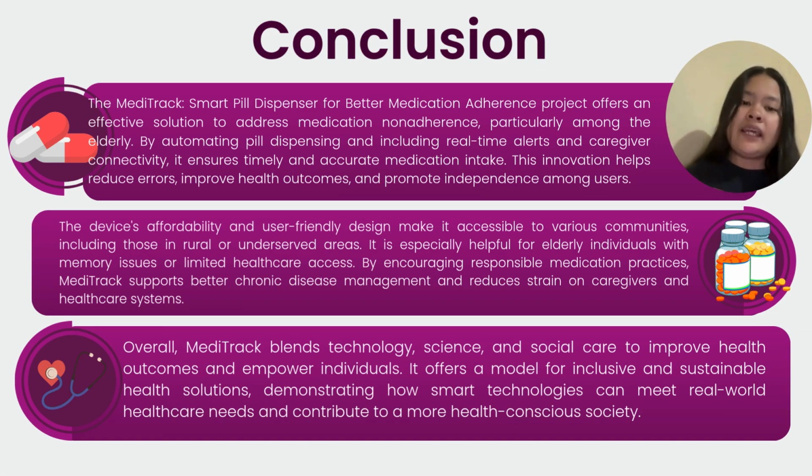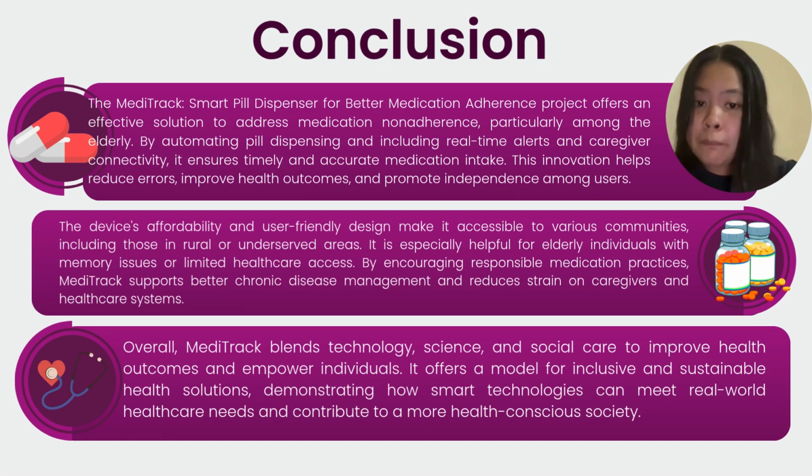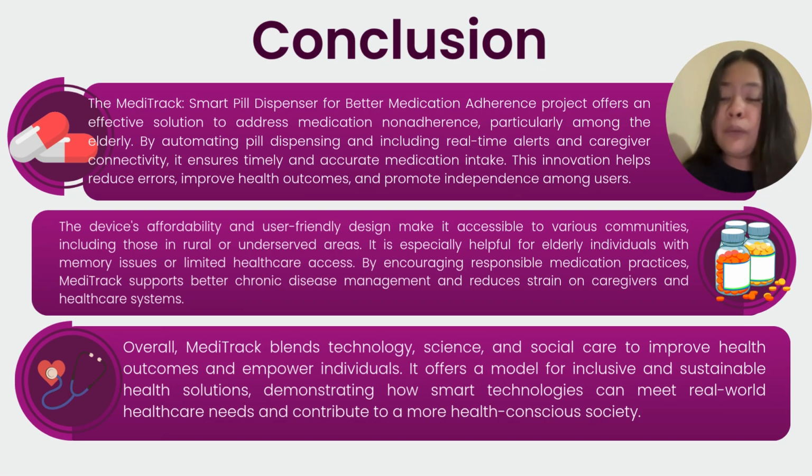One important strength of MediTrack is its affordability and user-friendly design. This makes it accessible for more people, even in rural or low-resource communities. It's especially helpful to elderly people who may have memory issues or lack access to regular healthcare. By promoting the responsible medication habits, MediTrack supports better management of chronic diseases and lessens the burdens on caregivers and healthcare system. So overall, the